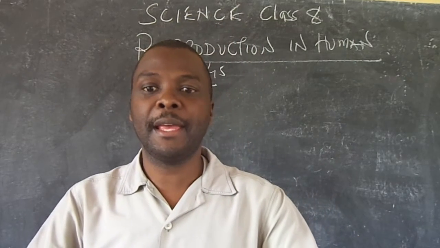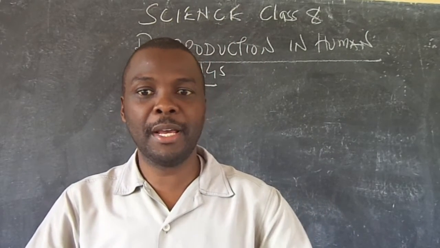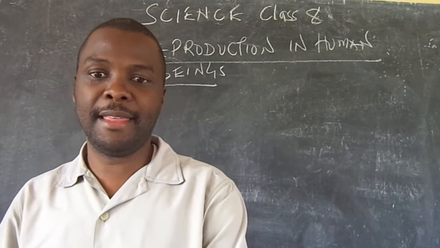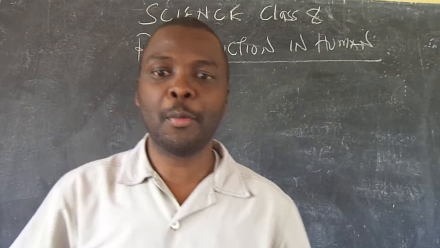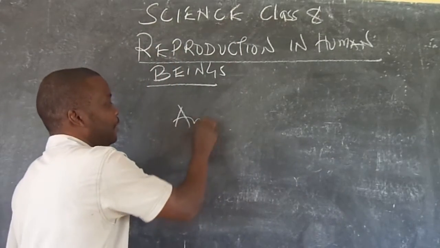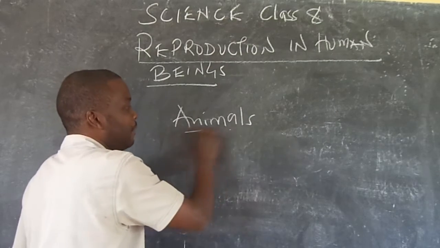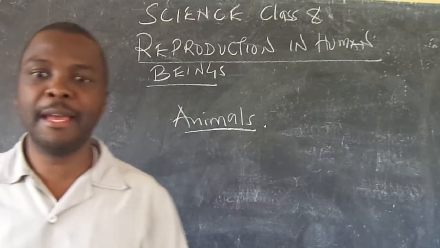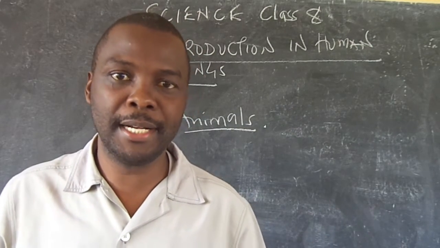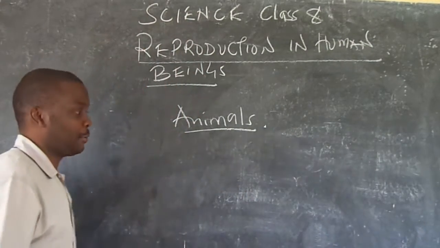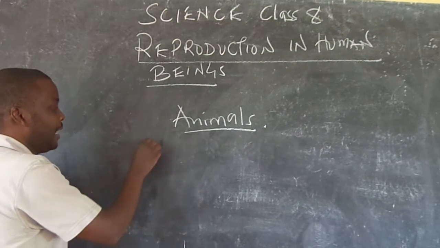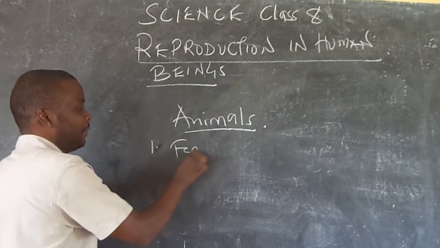I'll start with living things. Living things we have categorized into two. We have the plants and the animals. Now, when I'm talking about the animals, we have what you call characteristics of animals that make them unique from other living things which are plants. And these characteristics, as we all know them from our previous classes, that's class 4, we say that all animals feed,